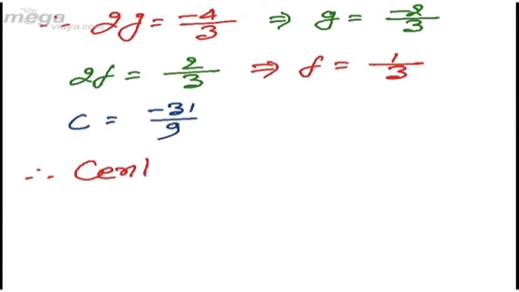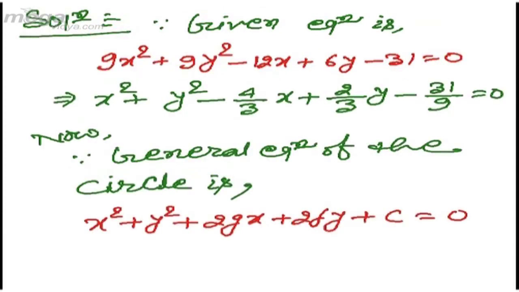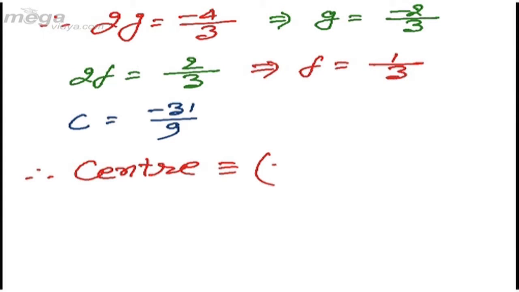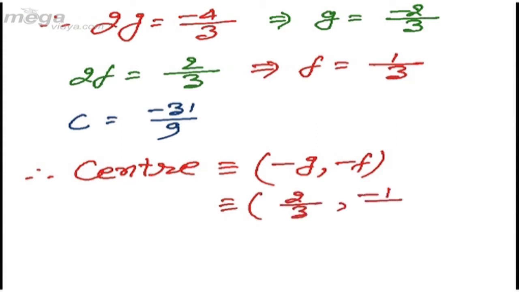So the center of the circle, when the equation of the circle is given in general form, is minus g comma minus f. So it will be 2 by 3 comma minus 1 by 3. Now we will find out the radius. The radius is,